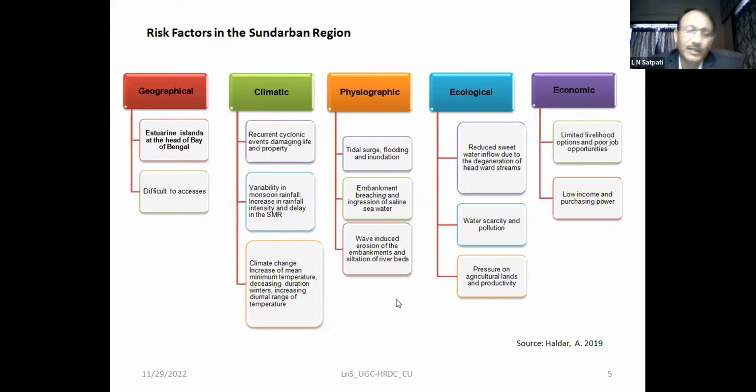So in these days, you know that IMD forecasts also assess the impacts, that is, how much area can be inundated if there is an embankment breaching. Then ecological vulnerability has already been discussed. Because of this pollution load coming through the Vidyadhari, Matla, and all other river systems, and also through the Ichamoti river, there is an increase of salinity, that is also causing loss of different species, and the man and